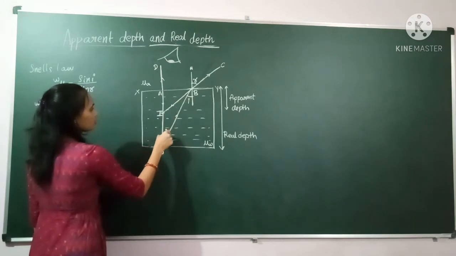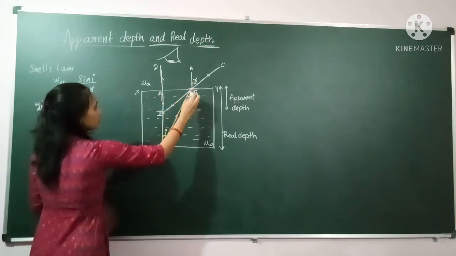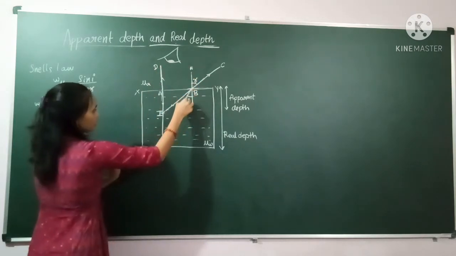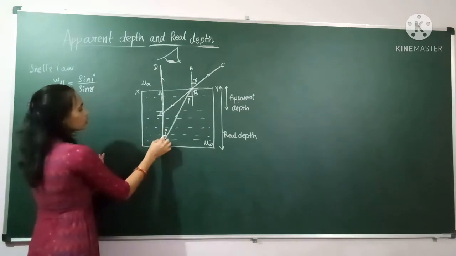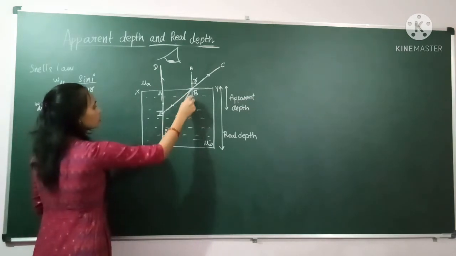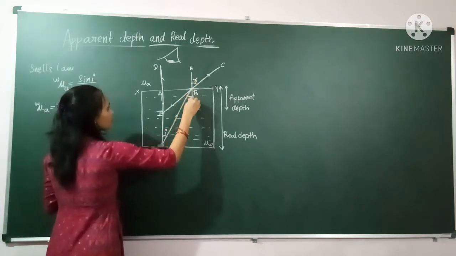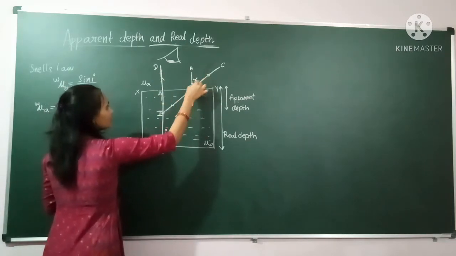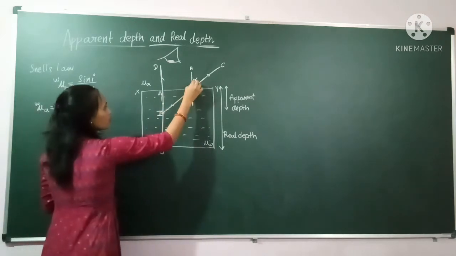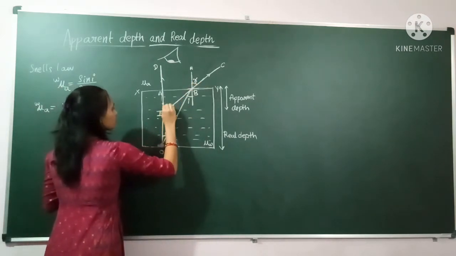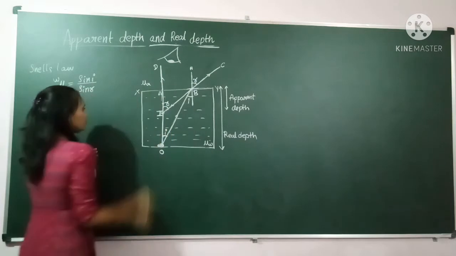Why are these two angles equal? This line and this line are parallel and this line is cutting the two parallel lines, so these two are adjacent angles and they are equal. Next, this line is parallel and this line is parallel, and this line is cutting both the parallel lines. So this is angle r, and this angle is also r.